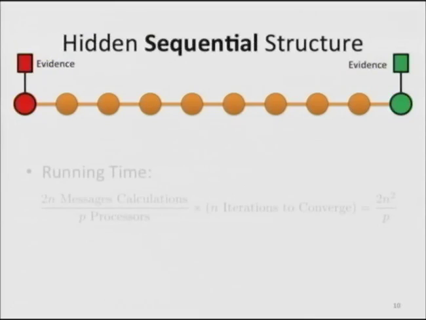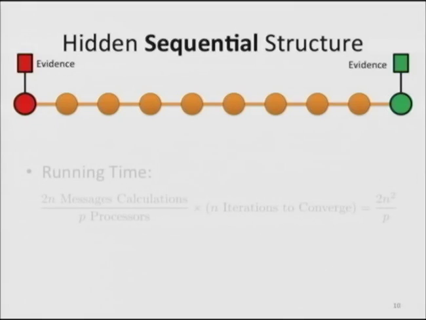Right? So what I can do is, let's suppose I introduce evidence. I make some observations about the variables at either end of the chain. Maybe the variable at one end is very likely green, and the variable at the other end is red. And you can tell them apart. Great. OK, so now I'm going to run this synchronous algorithm, bulk synchronous parallel algorithm, to compute all of these